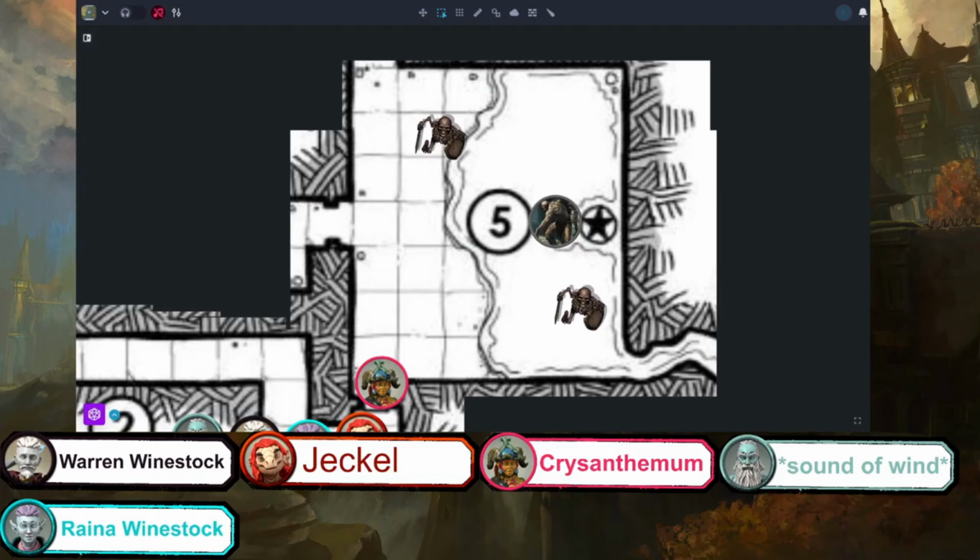Right. Okay. That's great. Yeah, it's fantastic, huh? Is it just cloud, or is it like poison? So far as you can tell, it's just like a cloud. Okay. Great. Disadvantage on melee attack.